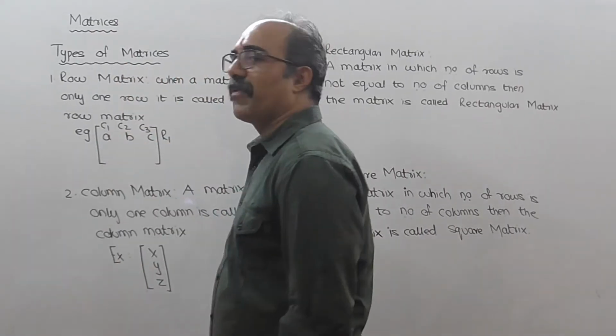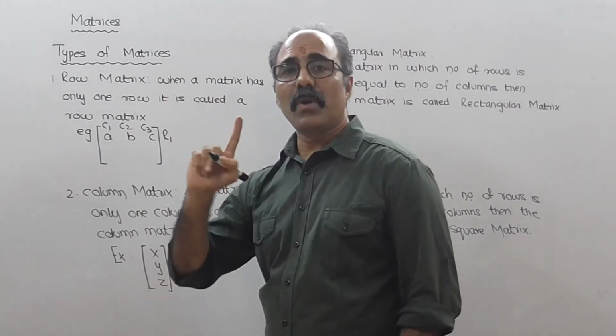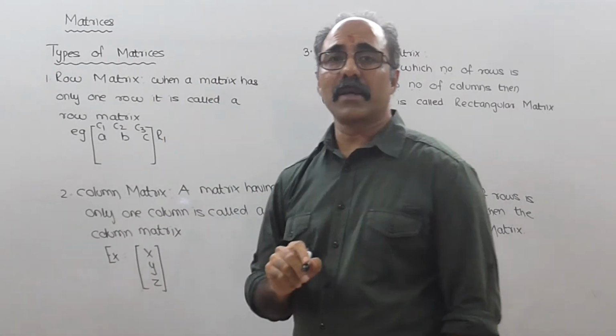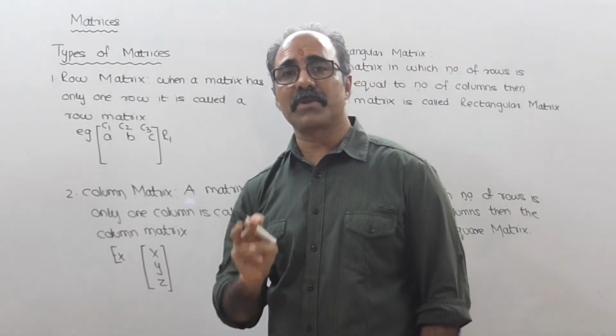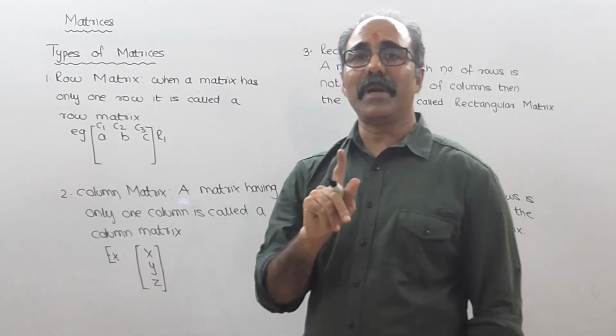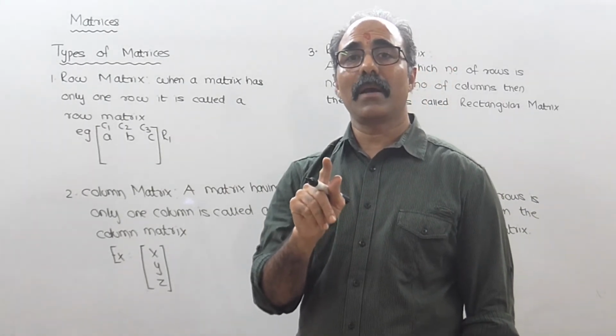Let's understand the types of matrices. The first matrix is called a row matrix. A matrix which is having only one row is called a row matrix. It doesn't matter how many columns it is having. It can have 10 columns, 15 columns, 3 columns, 2 columns, but ultimately the row should be 1, meaning it should be of the order 1 by